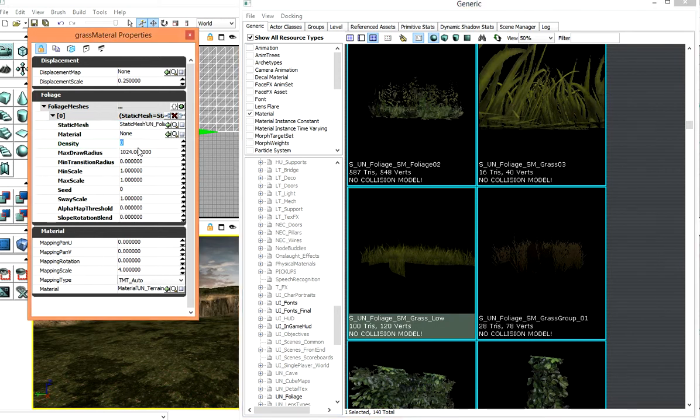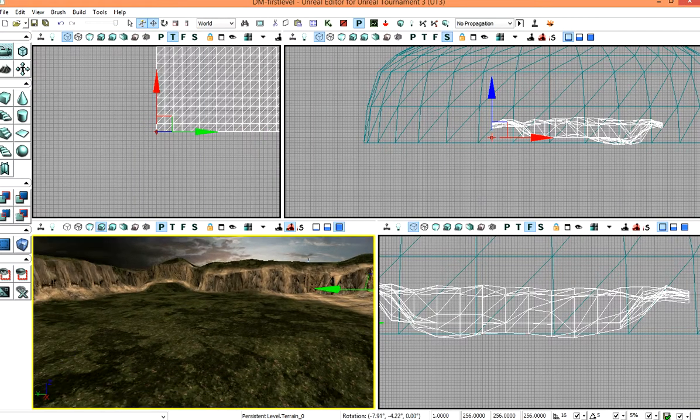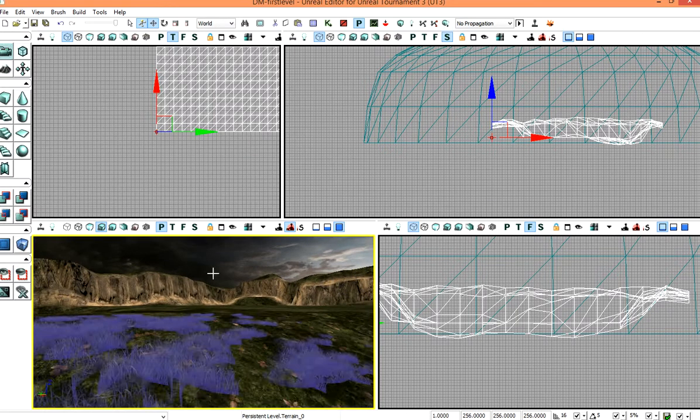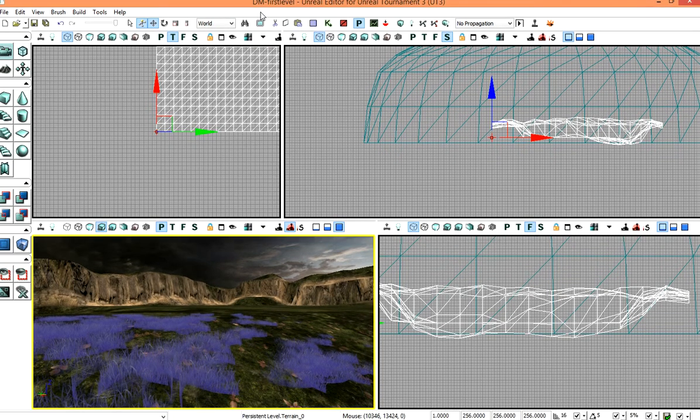And then I'm going to change the density to something like 5. 5 is pretty decent. And when I click and close, you'll see when I get closer to here, it starts to sprout out grass. Now, if I wanted to make the grass a little bit thicker, or larger, longer, I